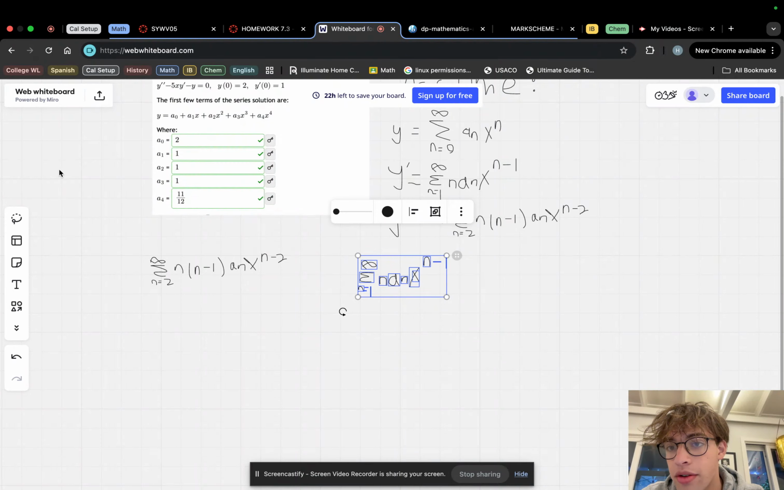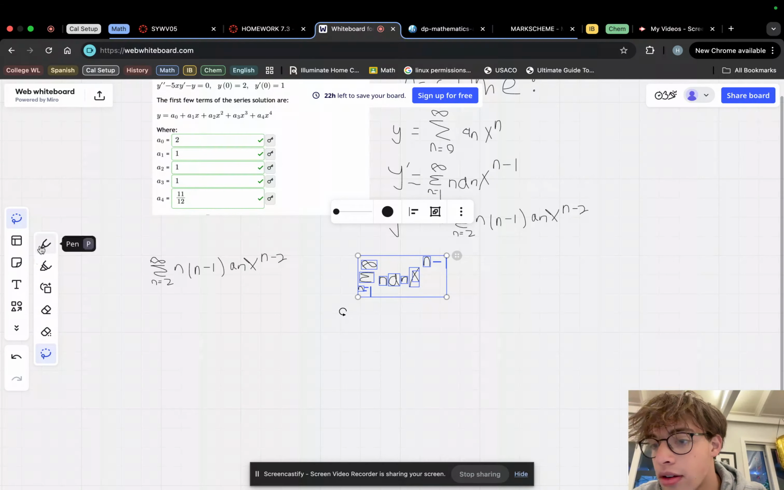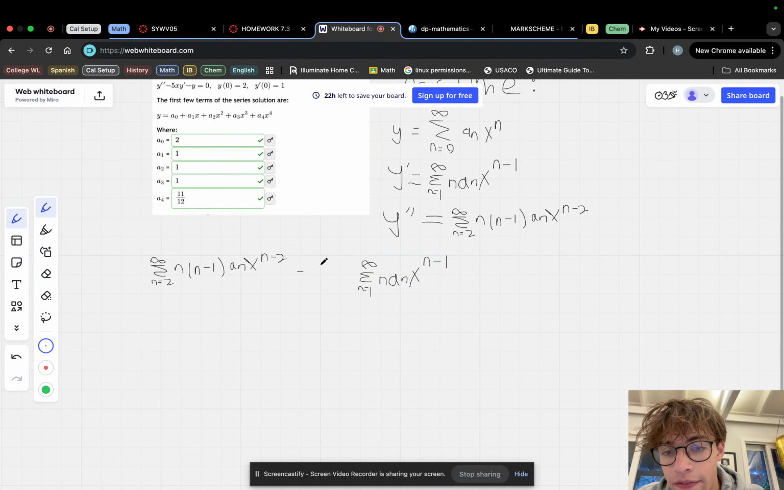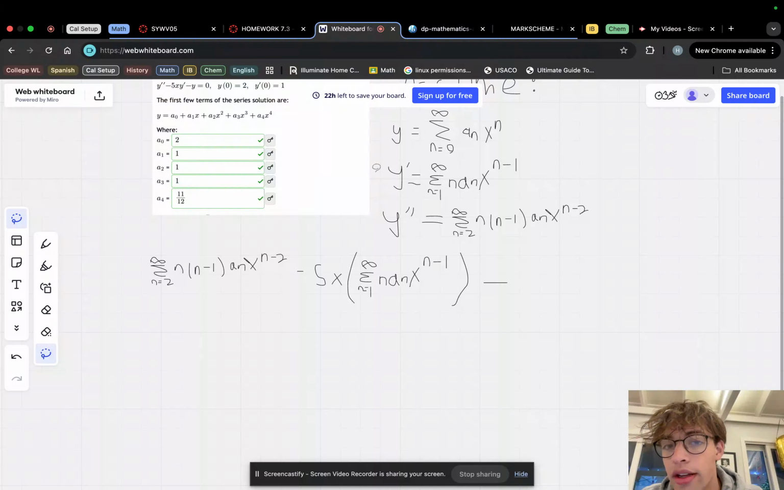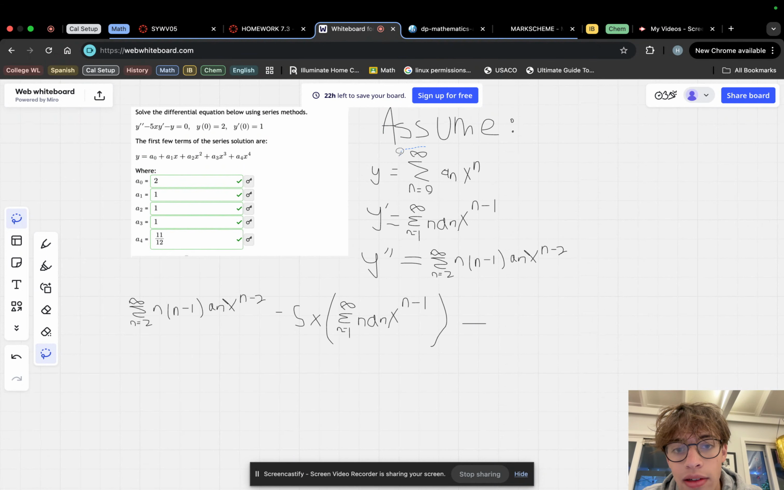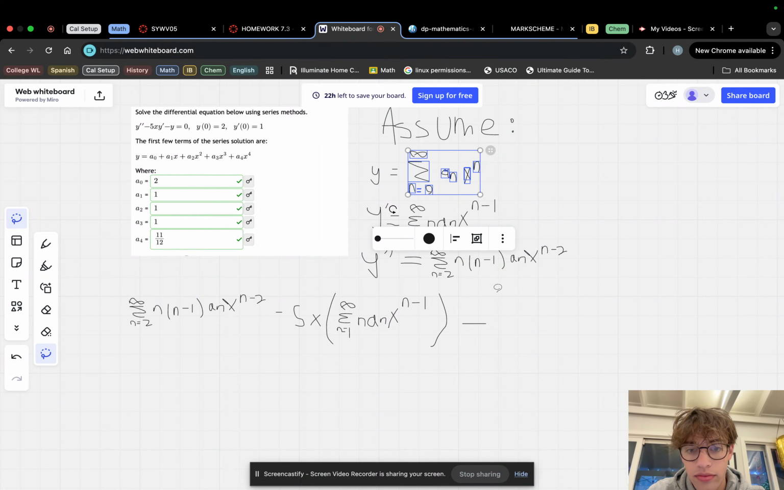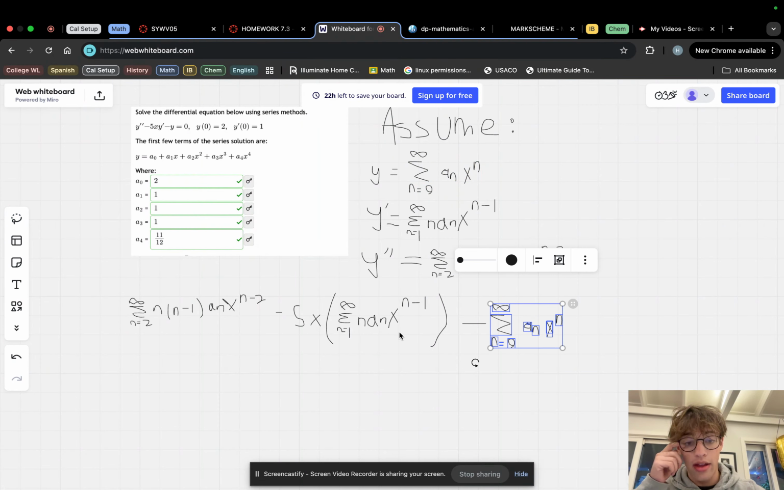So you see from the equation, it's negative 5x times this, y prime, minus just y, which is this. And I will use this tool again. Awesome. Okay, so now we have this, and the next step is